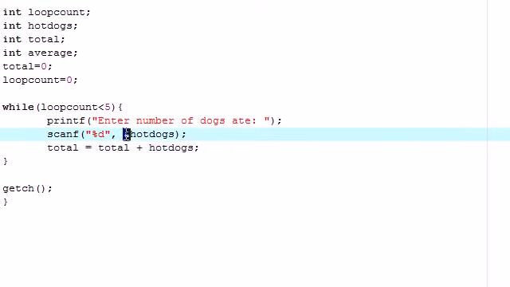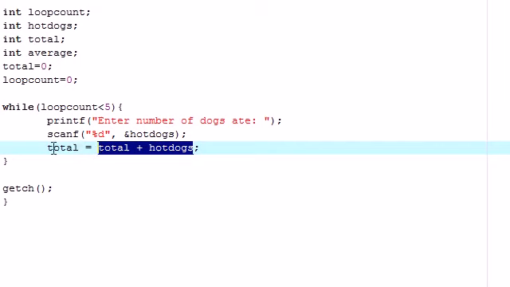The next time, if we enter 5, it's going to say, alright, total equals 5 plus 2 equals 7. Next time, if we enter 3, it's going to say, alright, total equals 3 plus 7 equals 10. So it's just going to keep doing that and keeping track of the total number of hot dogs